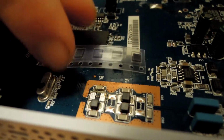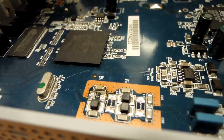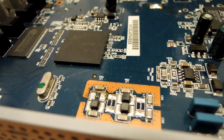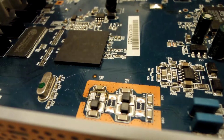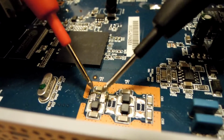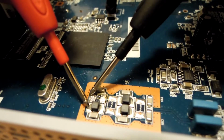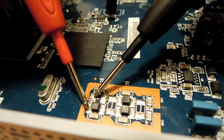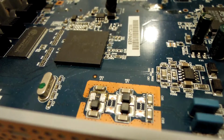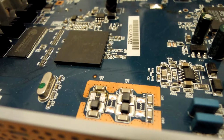so I just need to check that I don't have a short across here, because I think some of the solder might have flowed across. So there we go, and okay, same pad, yep, good. Double check, center, same pad, other pad, no short, good. Okay, so